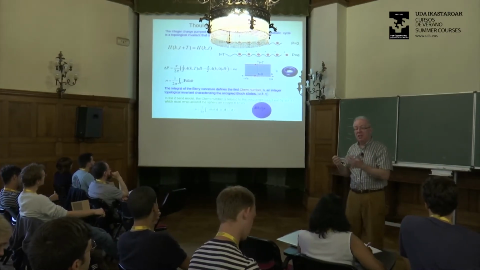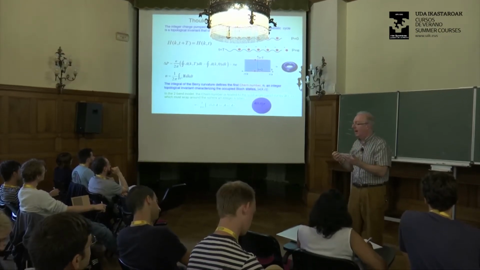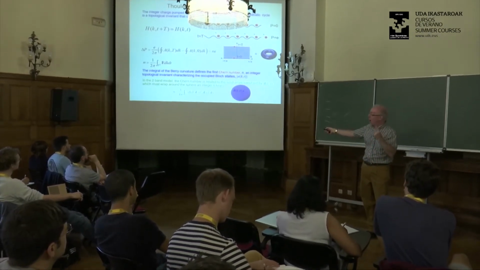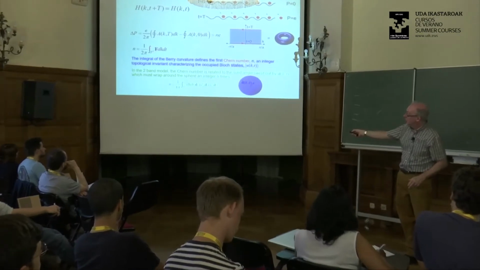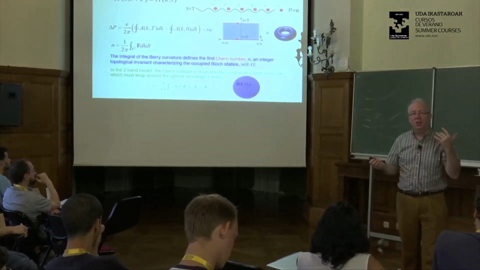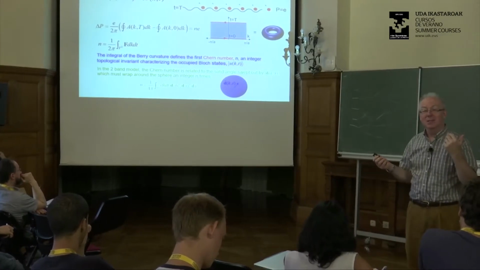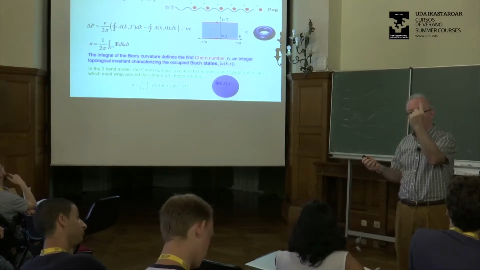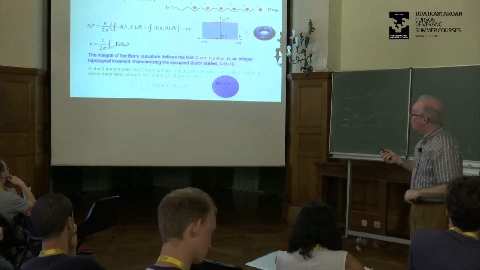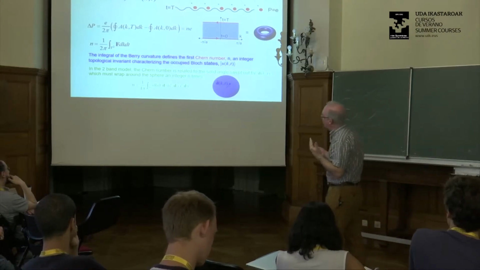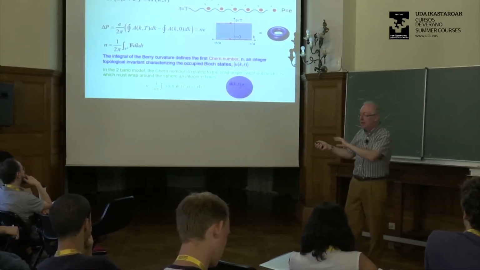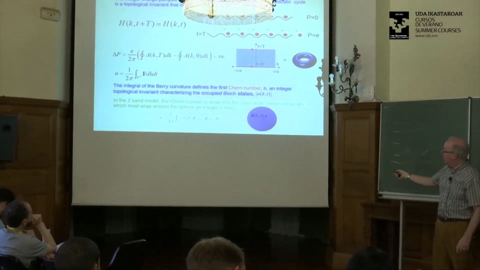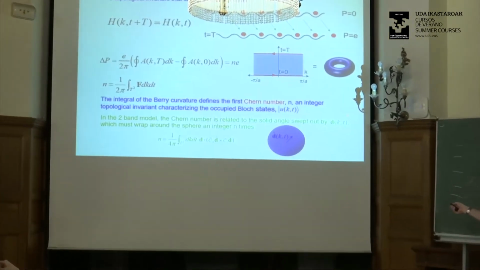And so this gives us a way of topologically classifying a system in one dimension with an extra parameter. You need to have 2 parameters, and you have a Berry curvature as a function of 2 parameters. So again, it's useful to think in terms of the 2-band model, where the Berry phase is half the solid angle that gets swept out. Now I have this d vector, so my Hamiltonian is defined as a function of k and t, and so the d vector is defined as a function of 2 parameters, k and t.